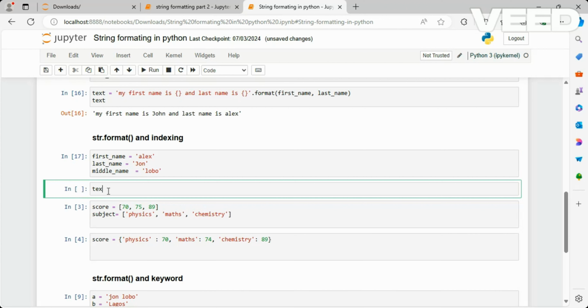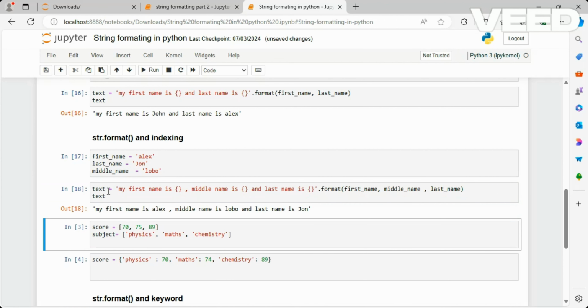So text: let's say my first name is, there's a middle name is, and the last name is, dot format, and then we put first name, and then the last name. If we run our text out, we are going to get